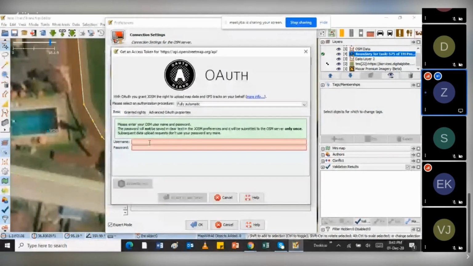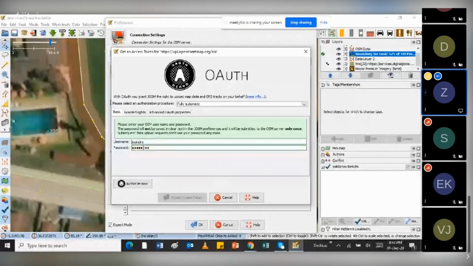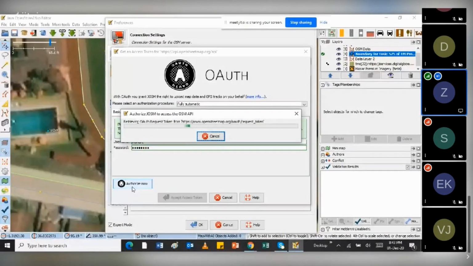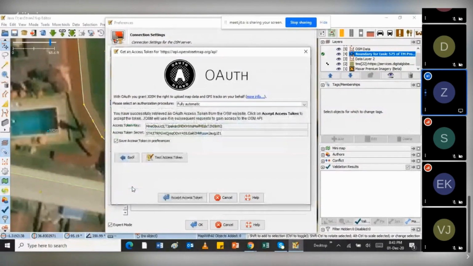So just put in your username and password. Then once you've done that, you just click authorize now. Then you just click accept token, and that's it.